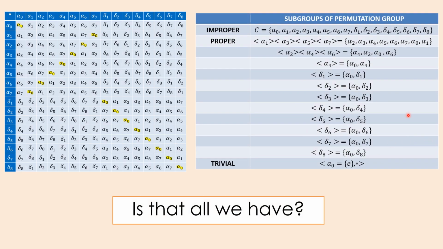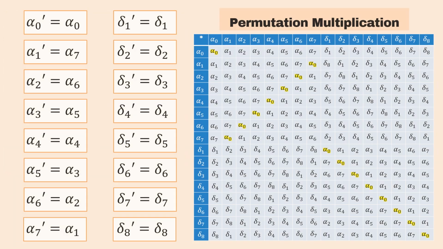So we have our subgroups through generators. But the question is, is that all we have? Is that all the subgroups? Let's discover more subgroups. Since we have elements whose inverses are themselves, we could identify some other subgroups of the table with those facts that we have. So let's investigate.